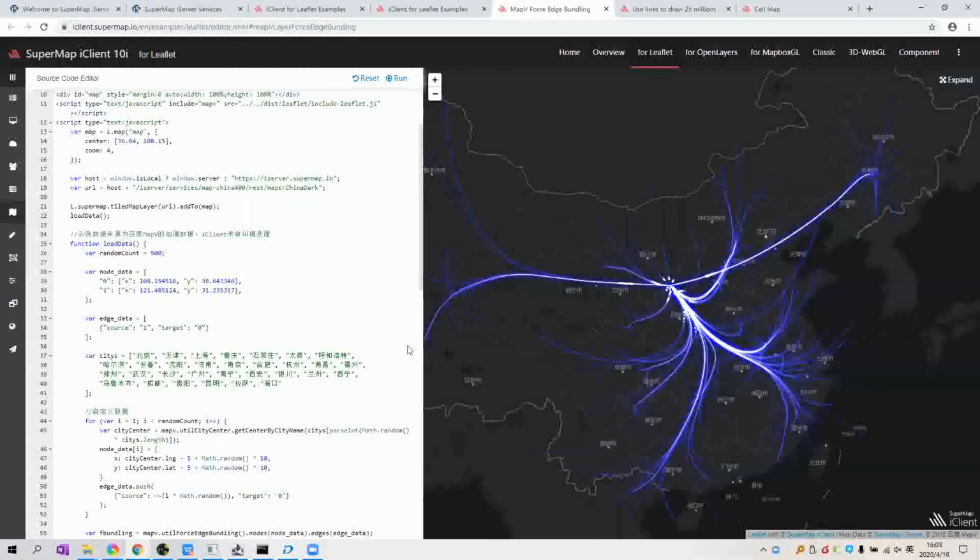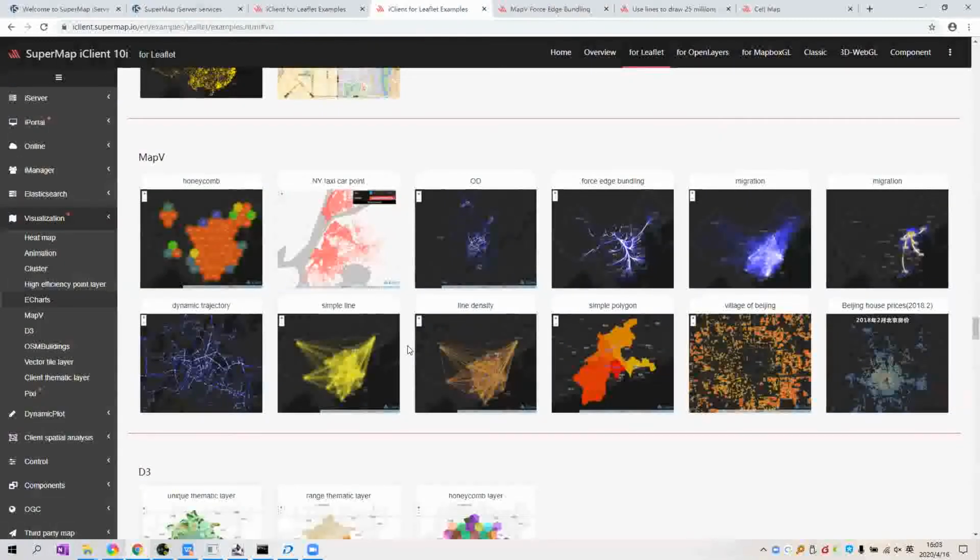So if you want to develop your own GIS application, what do you need to do? First, you need to prepare your data, right? And you need to use iDesktop to process the data, to do the mapping, and then you need to use iServer to publish your data. After you get your data, then